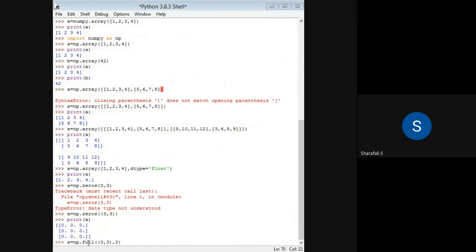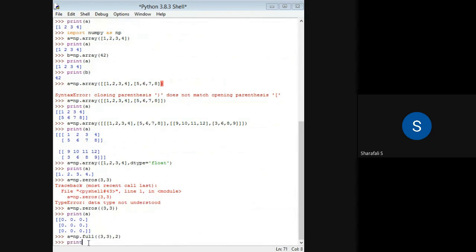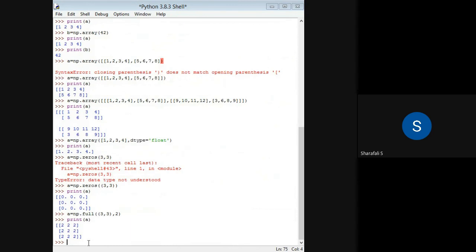If you press enter and print that, you will get 2s, which means that all elements are 2 here, because we have filled the entire position or index with this particular element 2. So this is also possible. These are other ways to create an array.